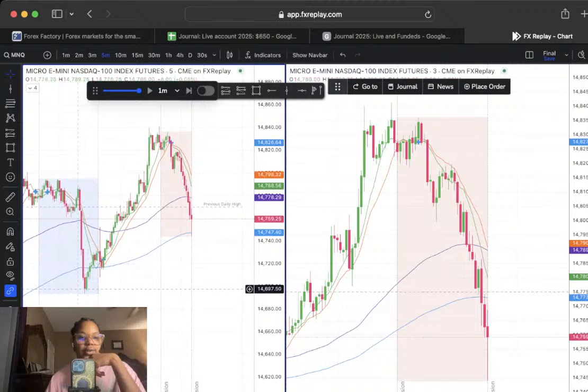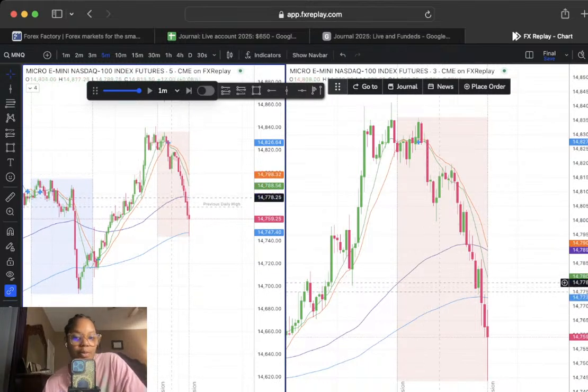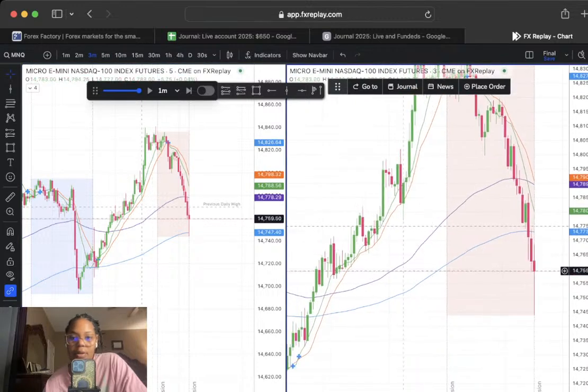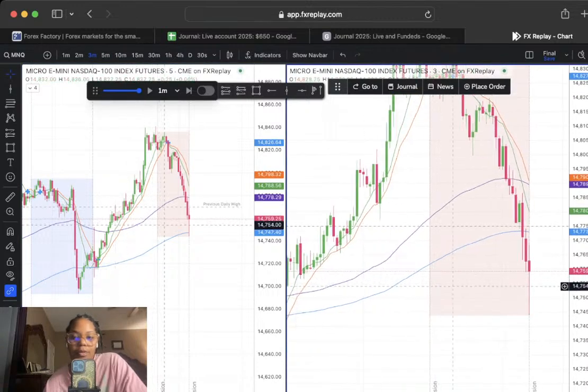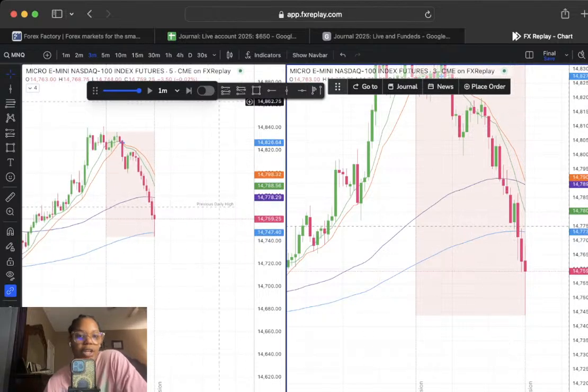As an ICT trader, most likely we might go to this liquidity down here. However, I don't know. We have a liquidity sweep here. We sweep here. We have one here. We could reverse, but we're broken on the 3-minute. We have not broken on the 5. That's why we wait for the first 9:30 candle to play out.